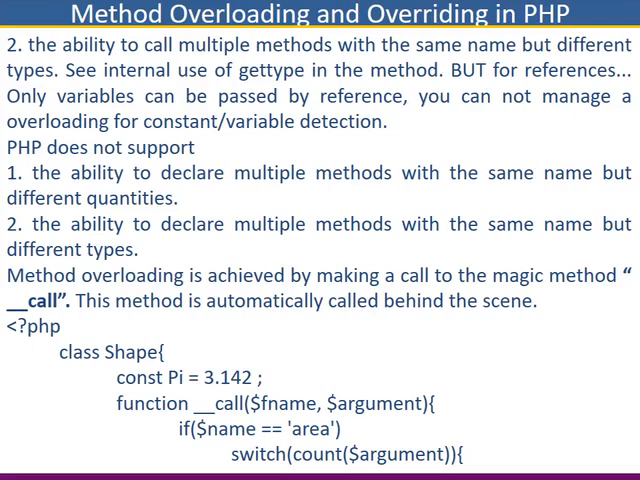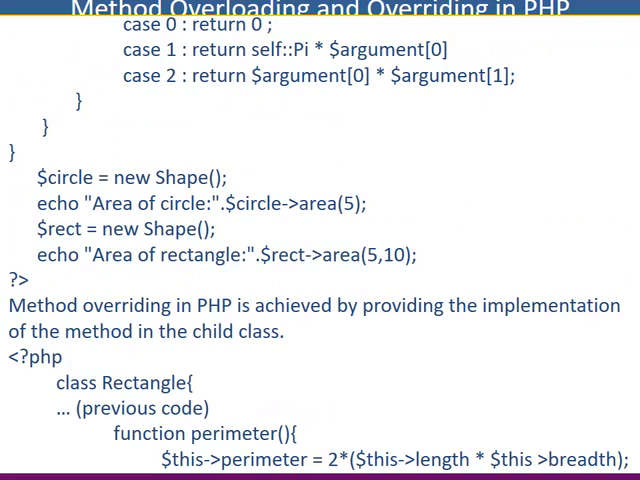So that's how we make use of the call keyword, underscore call portion, underscore call inside the bracket with all the variable classes. So we have, using if conditional, say if $name equal to area, switch count $argument. In case 0 return 0, return self, return $argument. So now we need to take note that in method overloading,